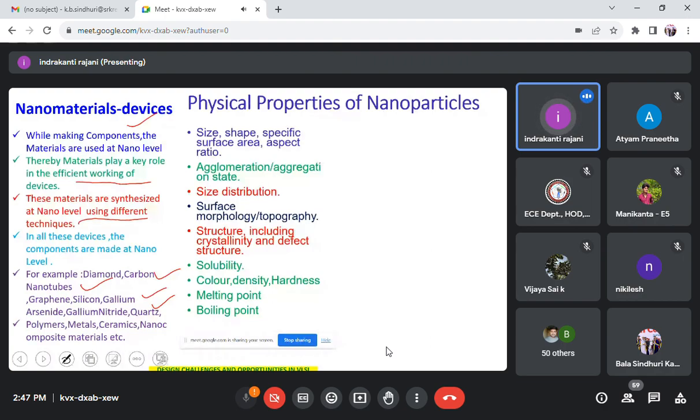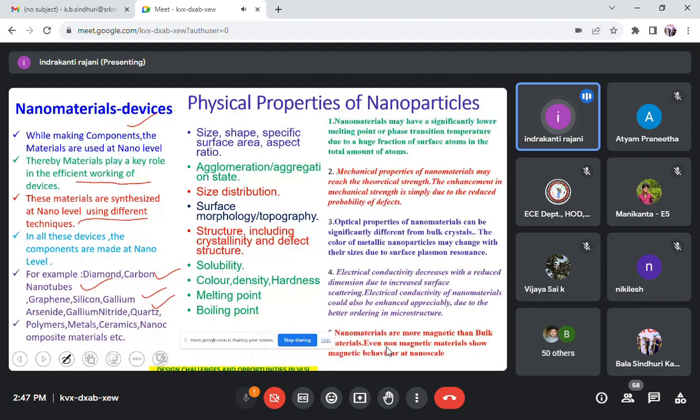But chemical, electrical, mechanical, magnetic, all kinds of properties can be changed when we use these nanostructures or nanoparticles in the making of devices, in the making of systems. So in which aspect is it going to be used? Here I mainly want to focus on the mechanical properties and the electrical properties. So the electrical conductivity of nanomaterials could also be enhanced appreciably due to the better ordering in the microstructure,